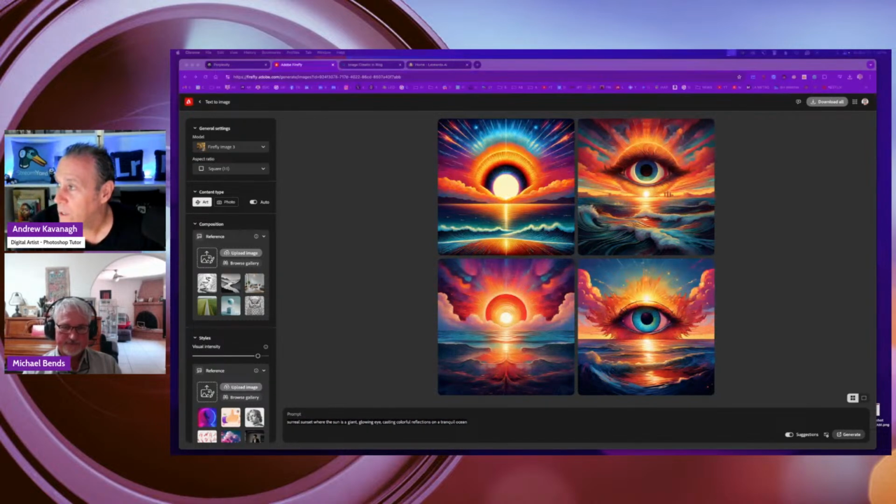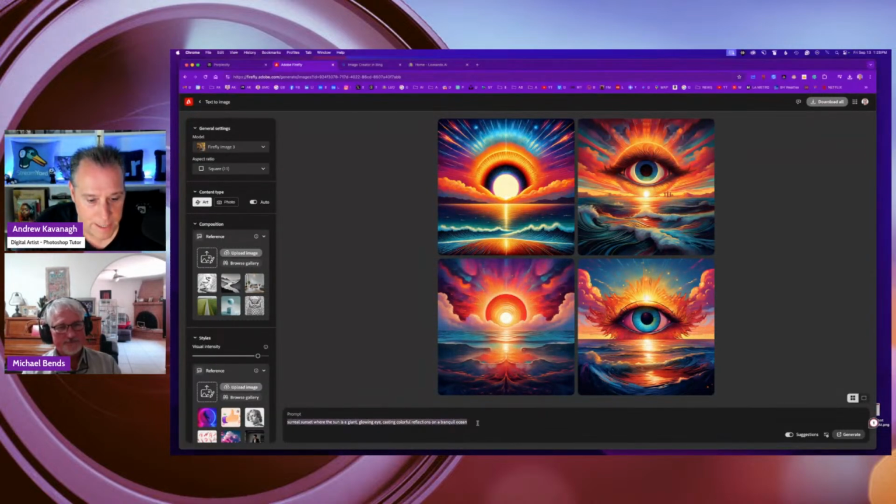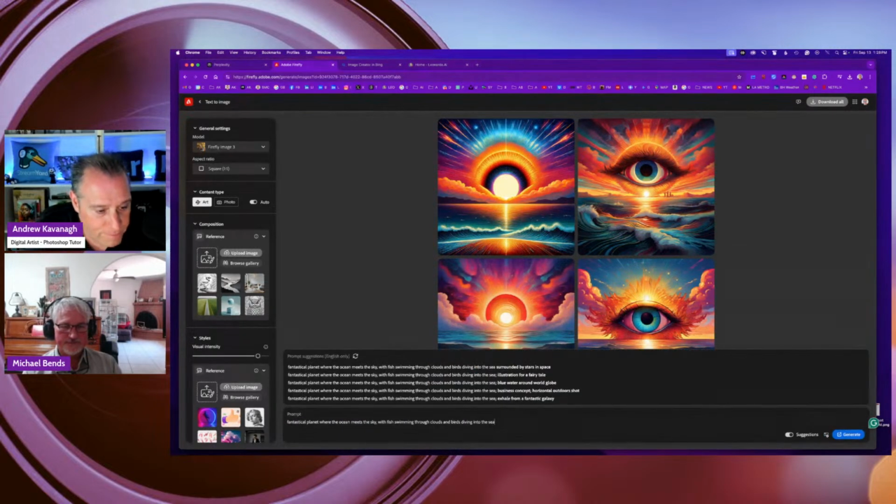Okay, so what I do is, like I said, I go to my Apple Notes app. I grab a new prompt: fantastical planet where the ocean meets the sky, with fish swimming through the clouds and birds diving into the sea. And I could say in the style of